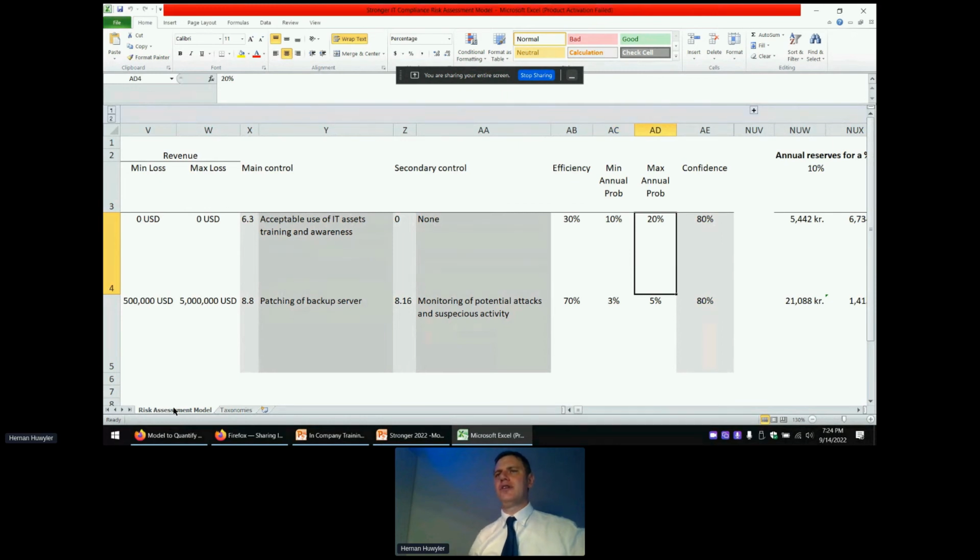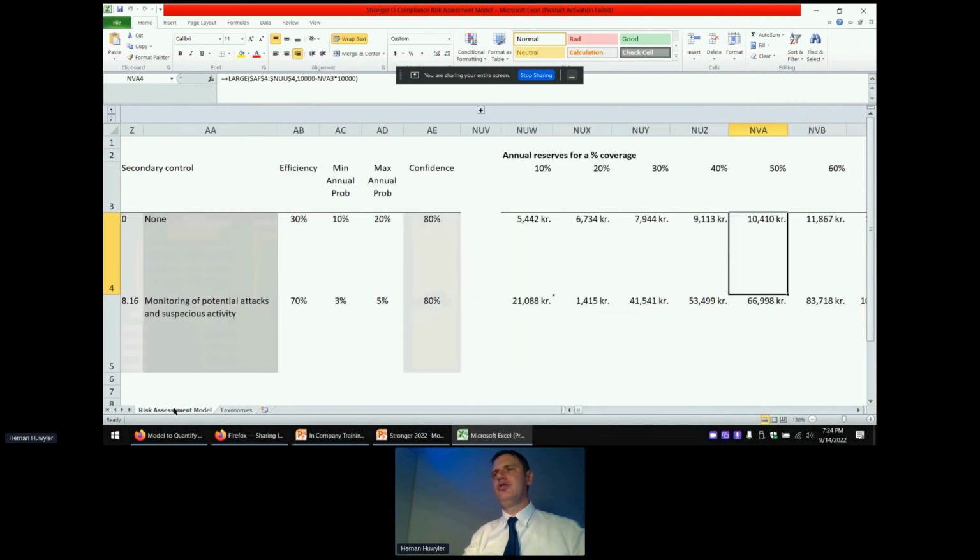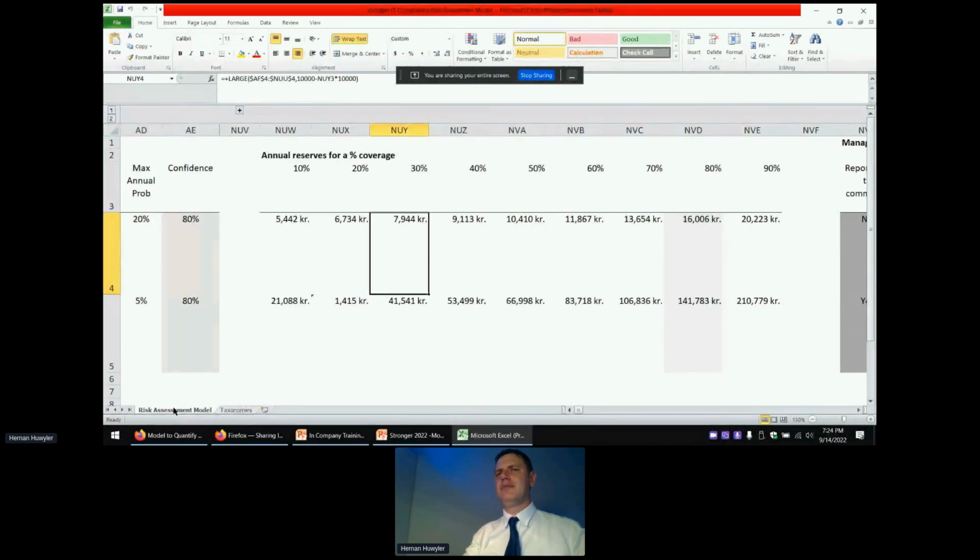And in the worst scenario, we are expecting this risk to materialize each 5 years, so 20% probability to occur on an annual basis. Finally, you can also assess the confidence for this level, and the model is going to produce a histogram.